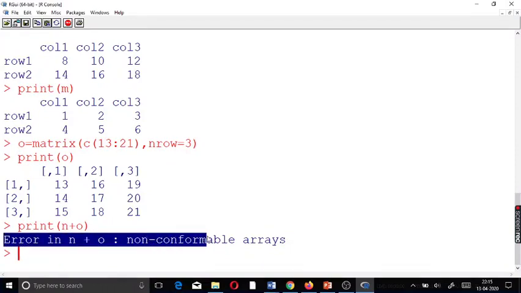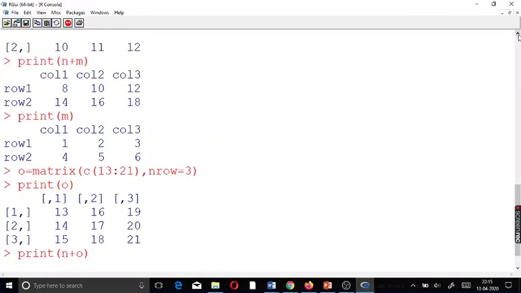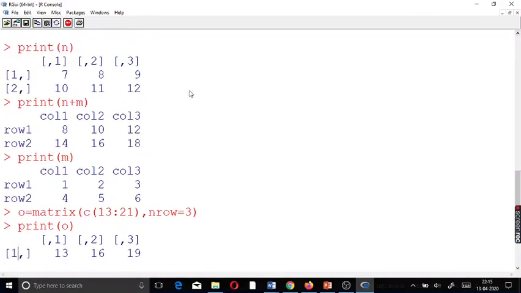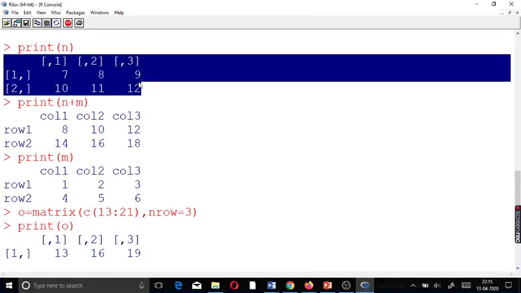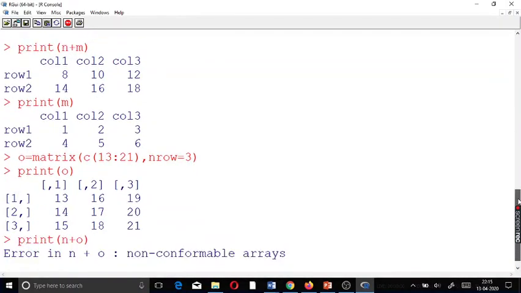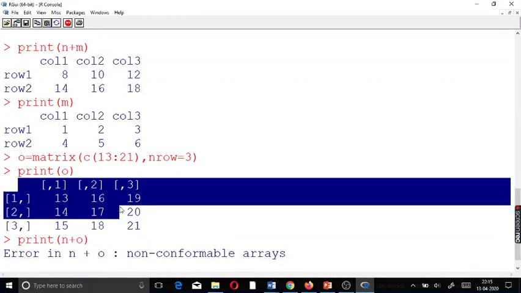What does this error mean? It is saying non-conformable arrays. See, how many rows did you have in the n matrix? In the n matrix you had only 2 rows. You can check it out here, only 2 rows. But in the o matrix, how many rows do we have? We have 3 rows.